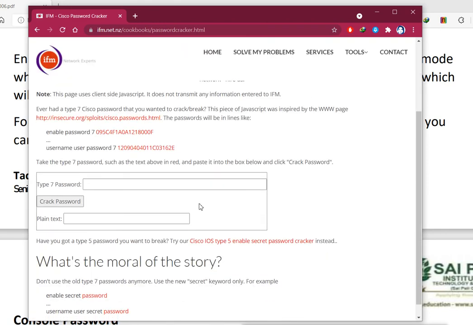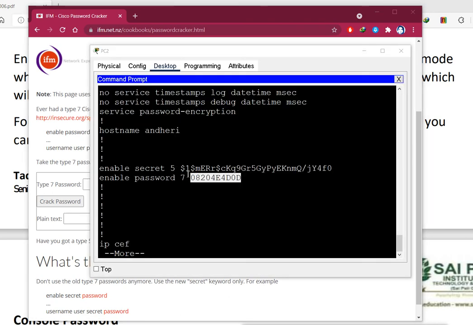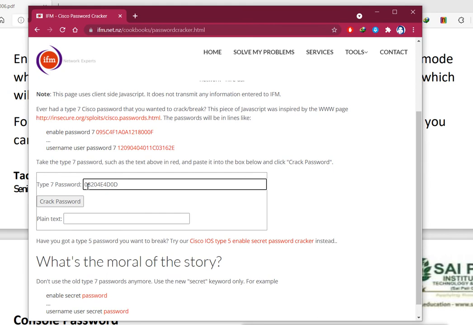Now it is saying here, type 7 password here. So whatever type 7 password you have, you just type it here and you get the password from your router. This is the type 7 password. So I will copy this and paste it here. Remember, this is the enable secret and it was Moon actually. So I type it here and then I will crack the password. Oh, it is ABCD. Yes. And you see how quickly it is cracking the password. It's very easy to decrypt the password.